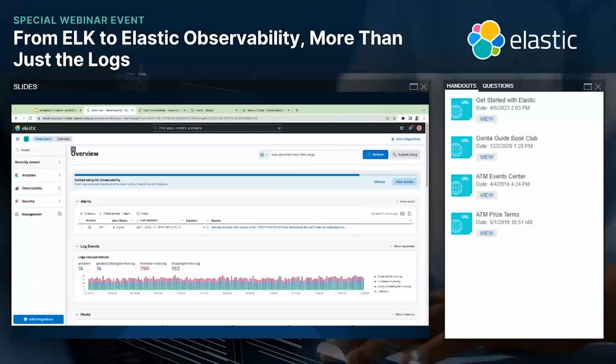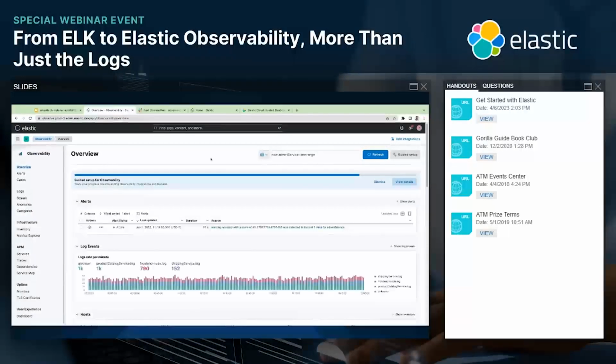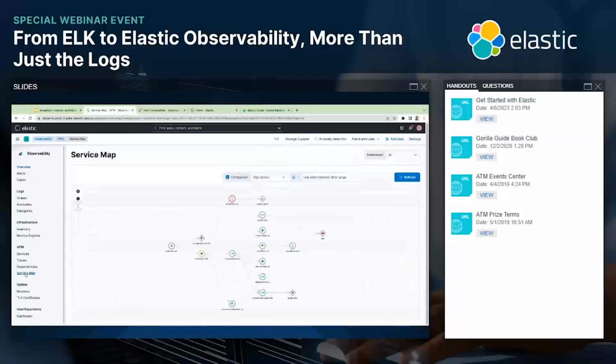For this demo, I'm going to go into the observability. Depending upon your role, you will frequent into any one of these areas, either logs, infrastructure, APM. So in this case, as a DevOps person, I'm going to go into service map. Service map is a visual layout of all the applications or services that I'm monitoring and the dependencies of them. I can see that Elastic allows me to categorize them. So I can categorize by production, pre-production, staging, things like that.